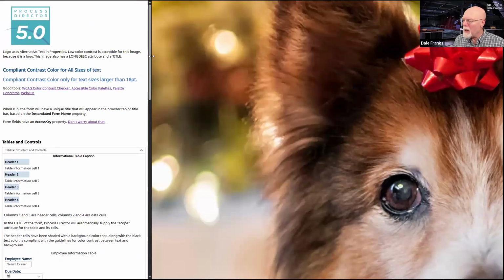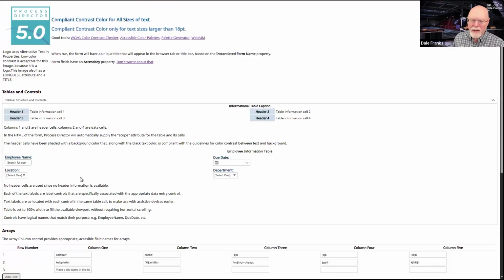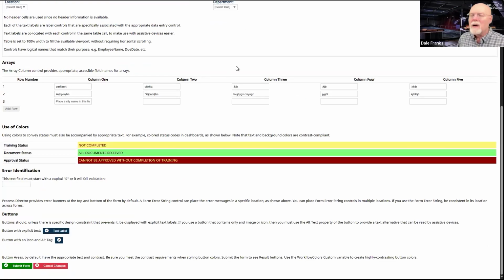So use the array column controls for arrays that are in columns. Most of the time we do place arrays in columns, so this works just fine. There are some edge cases where it gets a little trickier, in which case you'll probably have to use actual label controls, which will be an uglier solution.